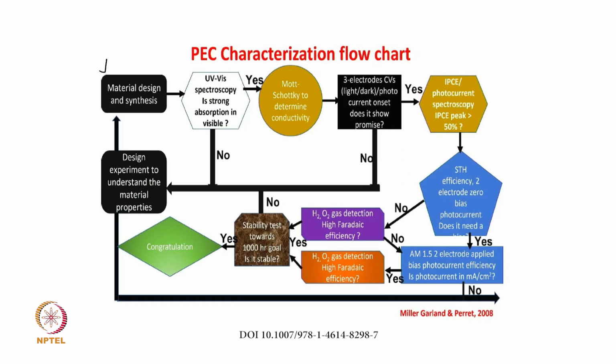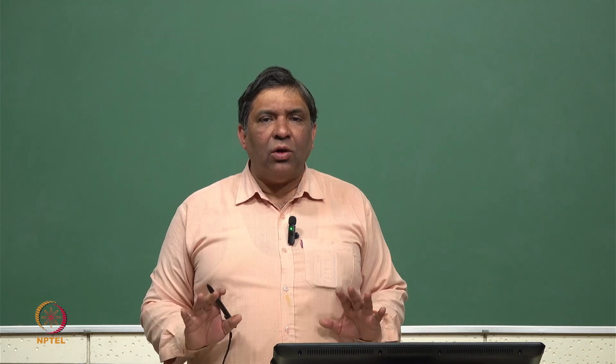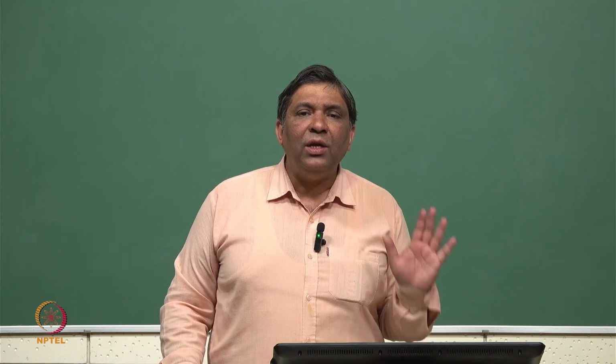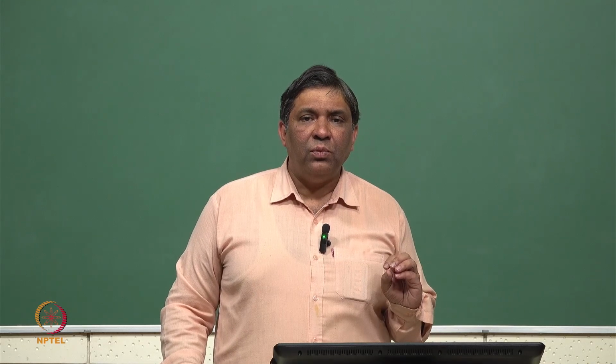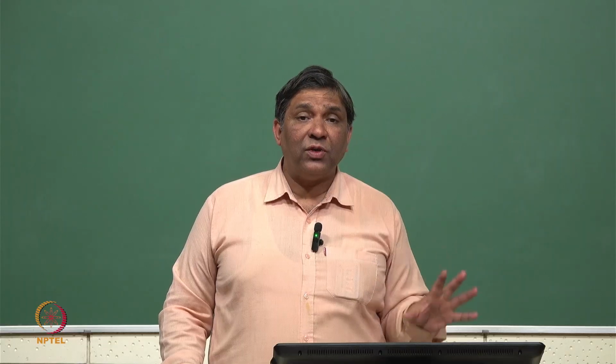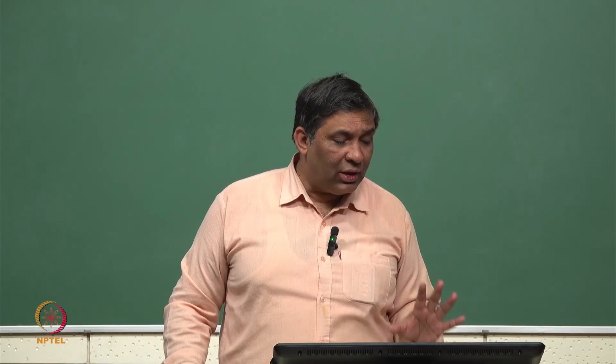So I have two materials. One is the photoelectrode, another is the counter electrode. Suppose I fix the counter electrode, suppose I make it only platinum, then what I can vary is the photoelectrode. So I choose a material. Okay, so far we have discussed many materials. So let me choose one material.